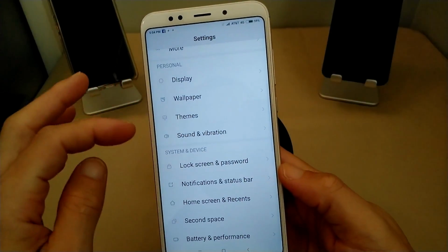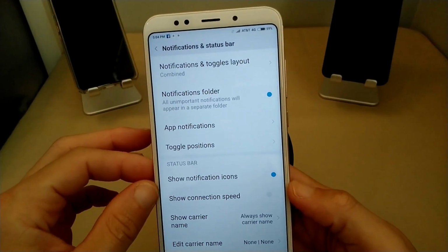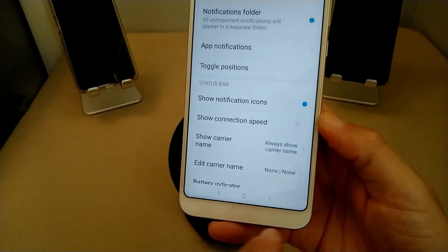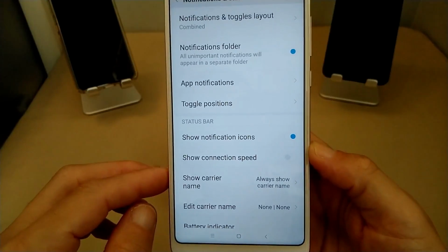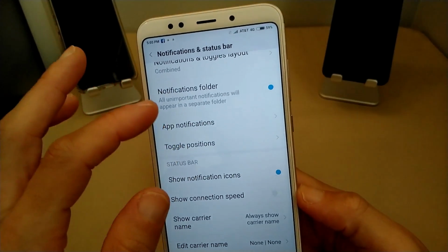Now, popping back into settings, here is notification and status bar. So you can change the status bar, which is down here. You can change the button orientation. And so that's a nice feature to have. And then you've got,